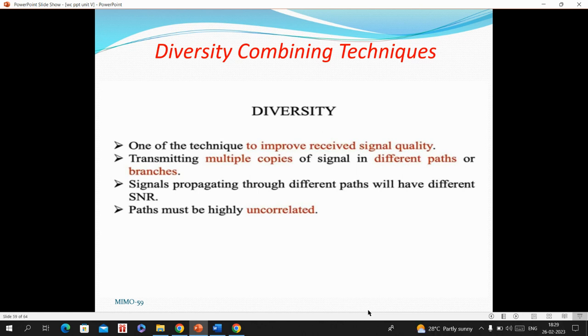For that, we have certain procedures, concepts or algorithms that are called diversity. The diversity can be majorly classified as